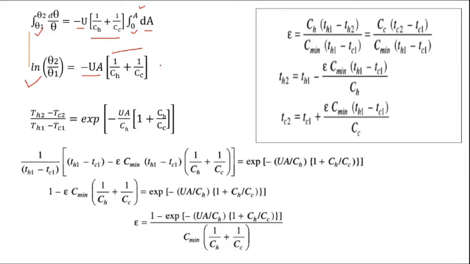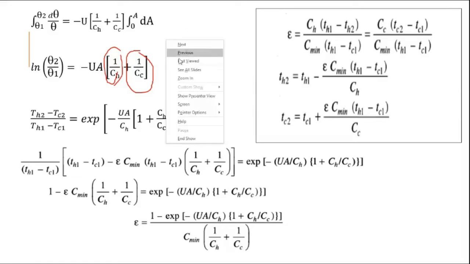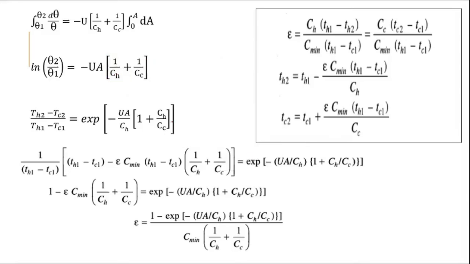Now, in the previous derivation, we had substituted the value of 1/CH and 1/CC, if you remember that. Did we substitute the value of 1/CH and 1/CC? Yes, sir. But in this case, we are not going to do that, and I will tell you the logic behind that. See what we are going to do in the next step. From here, we are deviating our path from the previous derivation.